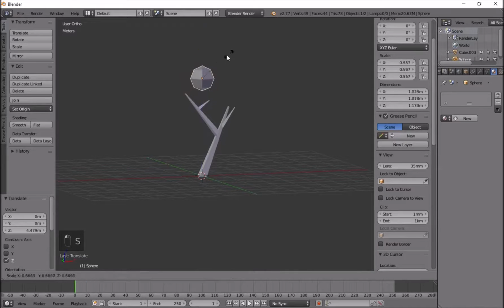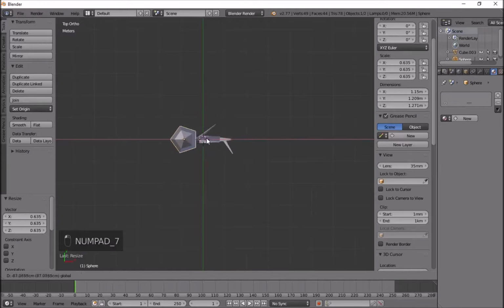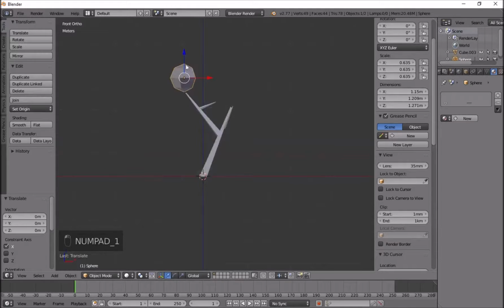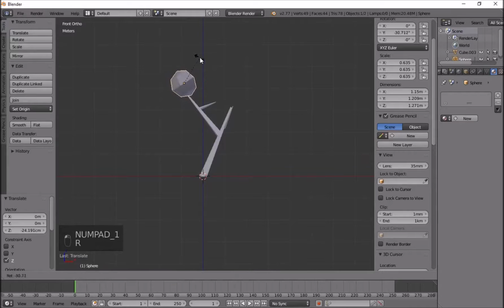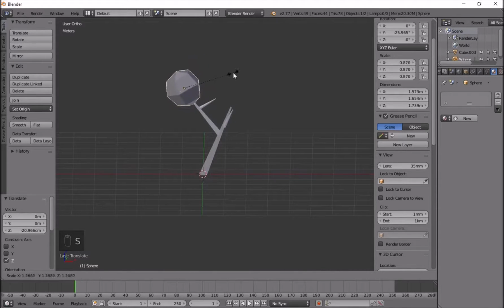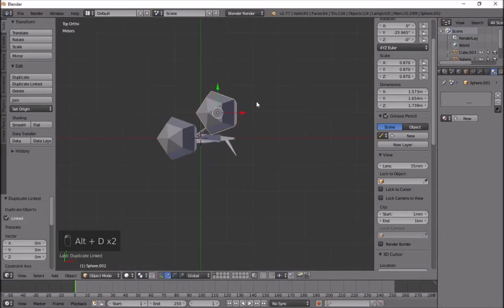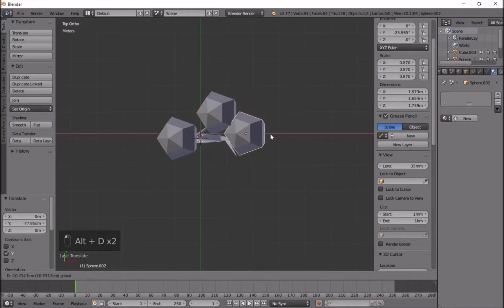We can move this up, we can scale this in and rotate this. Actually, I'm going to go top view and just move this where this one should be. And then go to front view and just drag this down and rotate. And it should be on there. And then press 7 again, Alt D. Move this just above this one, make another one, move it just above this one, make another one, and right